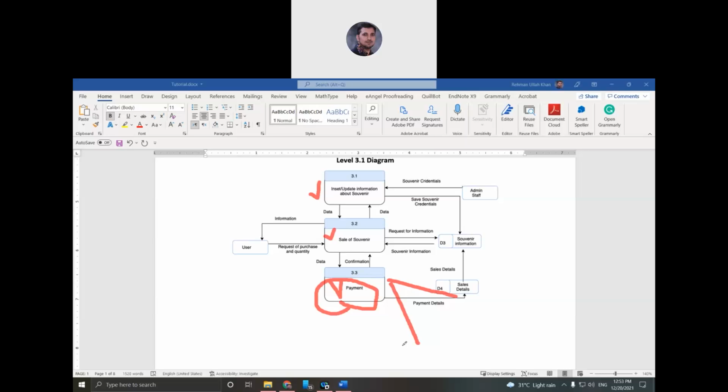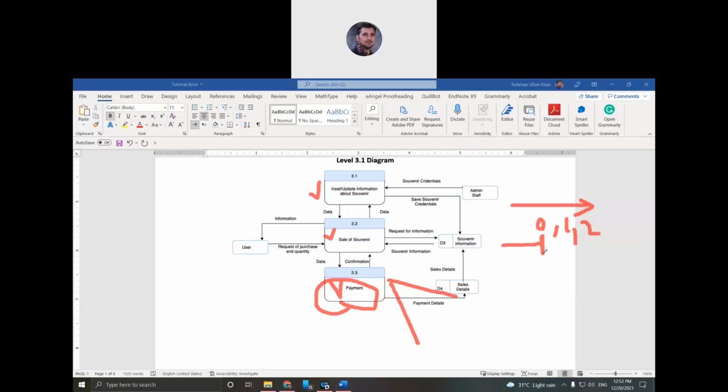So it means that it is not necessary that every system must go until level 2. No, actually the system will stop at a level where it is clear.